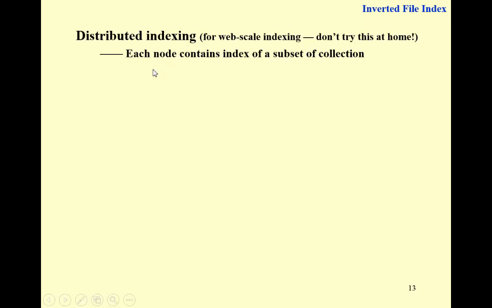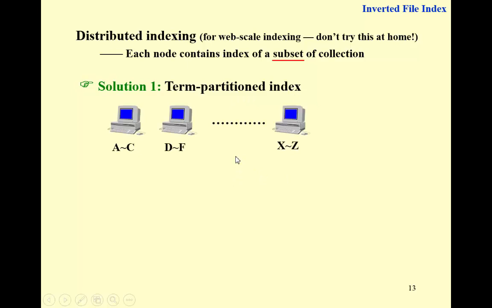And the basic idea is to let each node contain the index of a subset of the collection. And the hardest part is to decide this subset. And there are basically two kinds of strategies. One is we partition according to the terms. It's called term partitioned index, which means we make a partition of the term dictionary and store different subsets of